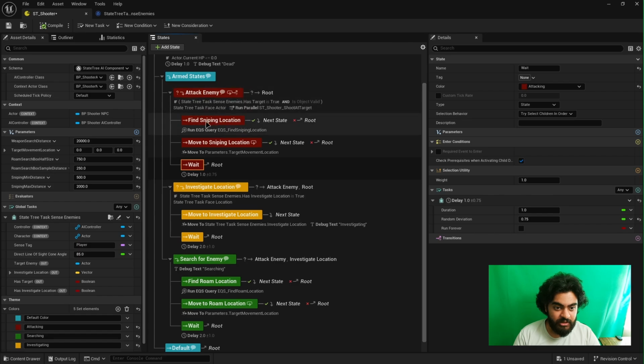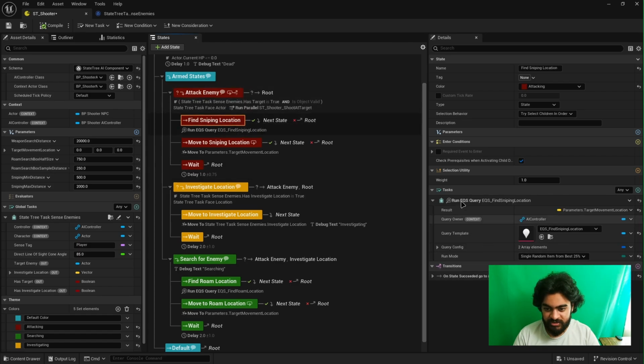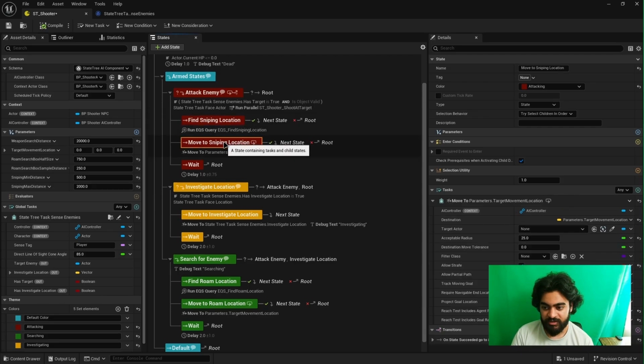And so for the attack enemy, we find the sniping location. Again, this is from an EQS query, which means it's querying the environment, trying to find an ideal location. And then it's going to go ahead and move to that location. So what it's doing is